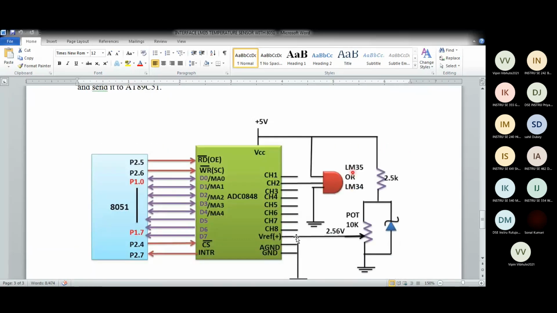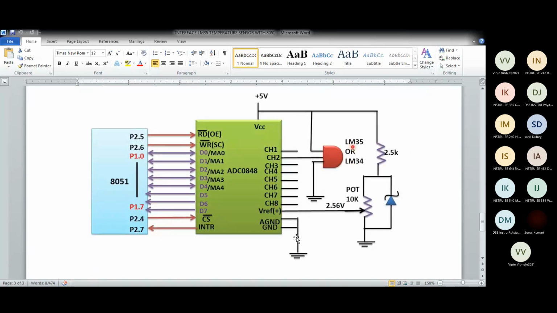As this is analog output, we cannot connect this direct output of LM35 to 8051. So it has to be connected through an ADC. ADC is an analog to digital converter. As I've told you, you give analog input and you get the corresponding digital output. And there are two more signals: one is start of conversion, SOC or SC, and one is end of conversion.